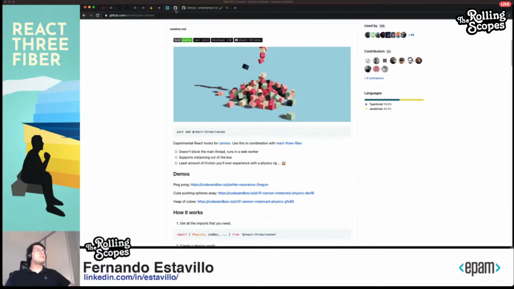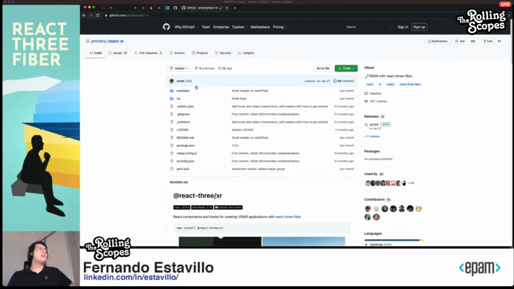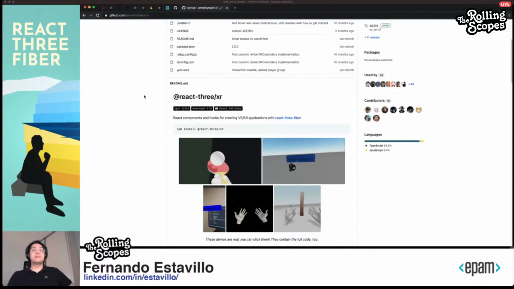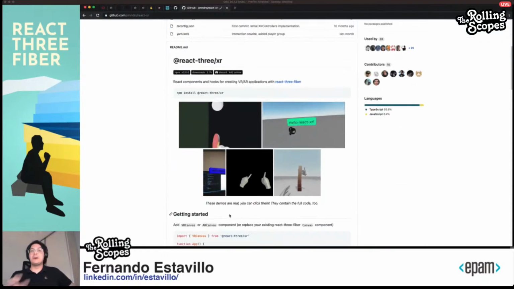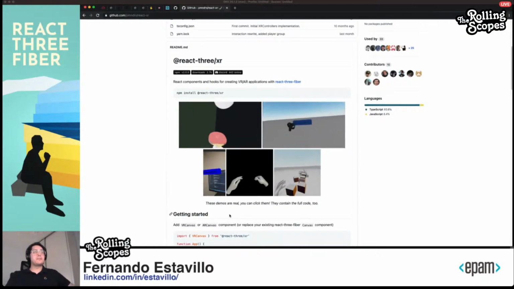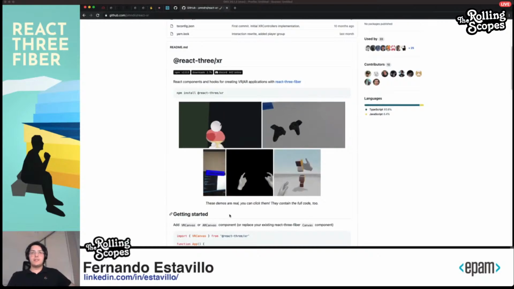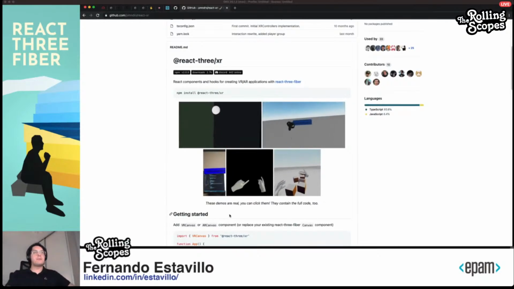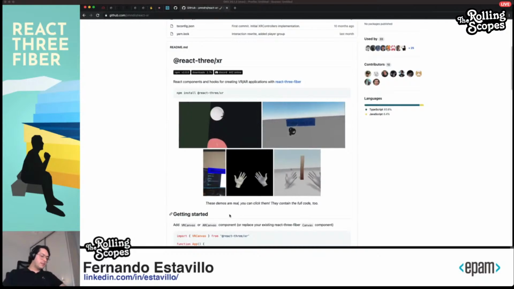Yeah, one last library I wanted to showcase, guys, on this ecosystem is React XR, which is virtual reality for this thing. So if you have a headset or a phone even, you could do some pretty interesting stuff with virtual reality or mixed reality. I personally haven't used it yet, but it's something I will do in the near future because I think this is very interesting, especially now that we have